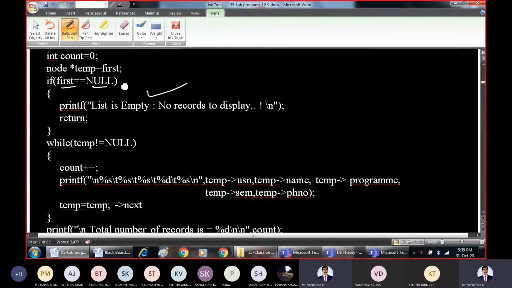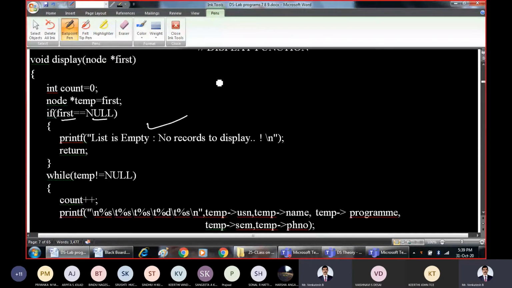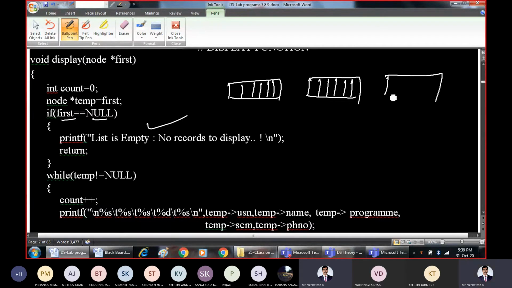What we are trying to do here is, we are not advancing our first pointer. Node 1, node 2, how many nodes are there? 3 nodes, right, in our example now. Which node is this? USN 001? No, it is not 001.